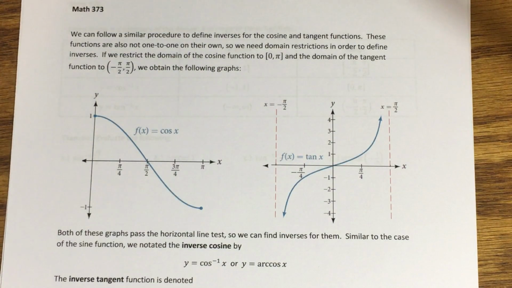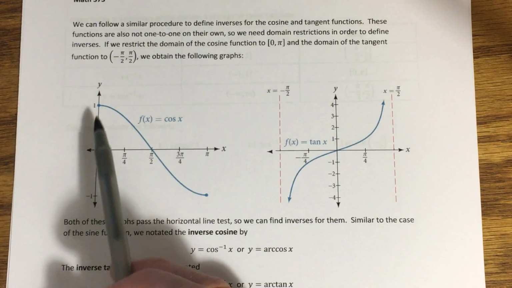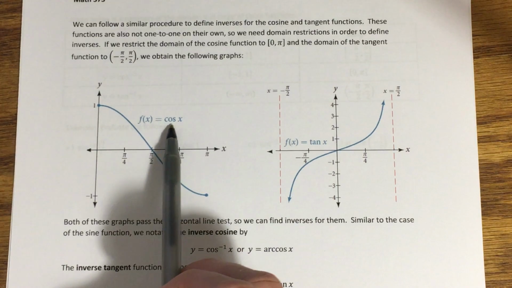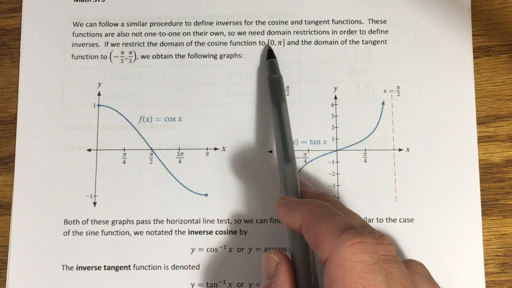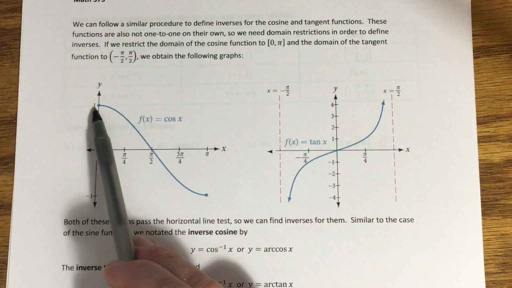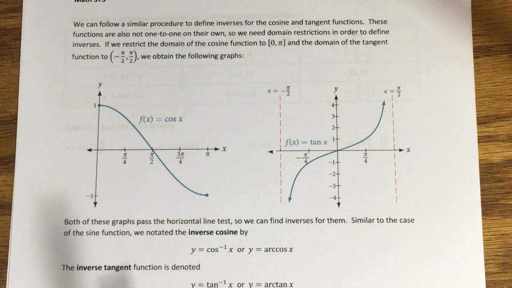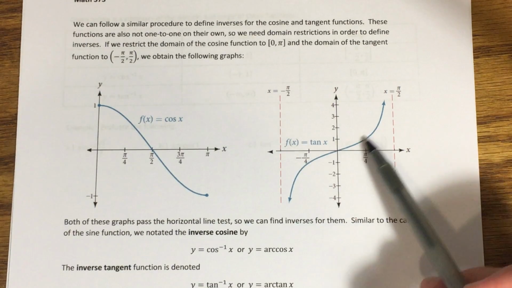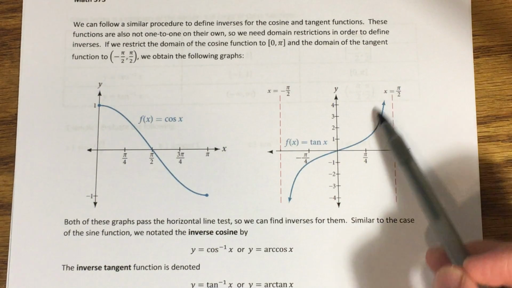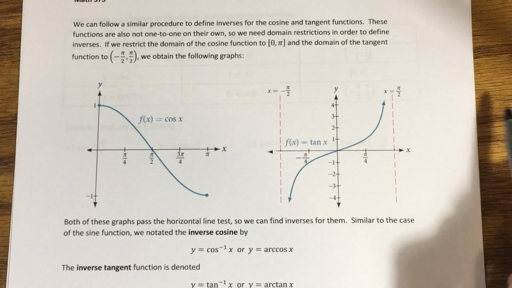For the cosine, both the fourth and first quadrant give us positive cosines, and if you look at the graph, it's going to cause us to fail the horizontal line test. So we have to use a different domain restriction for our cosine function. If we restrict the domain of the cosine function to the interval 0 to pi, we see that we do get a one-to-one little slice of that curve right here. For the tangent function, we want to do something similar. Remember, tangent has a bunch of these curves showing up periodically with a period of